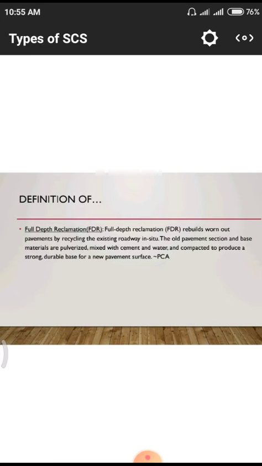Next one, full depth reclamation. It is the fourth content of soil cement stabilization. In this, full depth reclamation rebuilds worn out pavements by recycling the existing roadway in site. The old pavement section and base materials are pulverized, mixed with the cement and water, and compacted to produce a strong, durable base for new pavement surface. So that after reading this total 3 lines, we have to simply understand totally it is a repair and rehabilitation